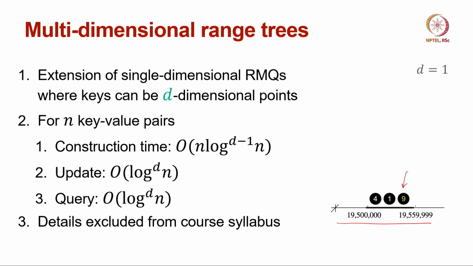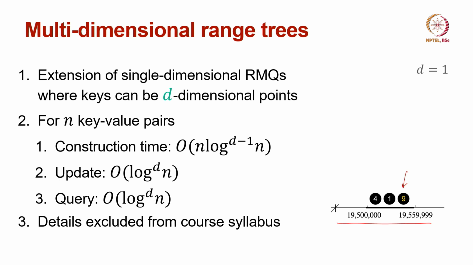But it turns out that the range trees can be used in multidimensional scenario as well, where your keys can be multidimensional. For example, imagine an employee where you are keeping track of an employee by their age as well as their income. So in that case the key would be 2-dimensional,